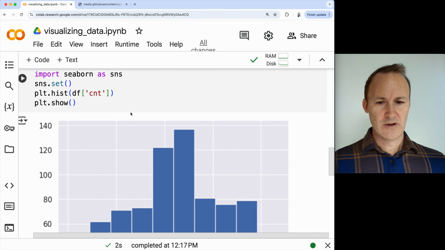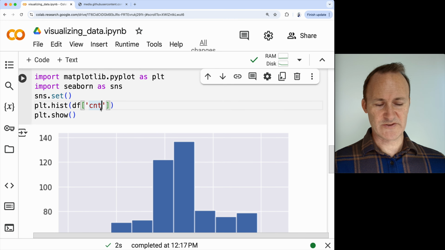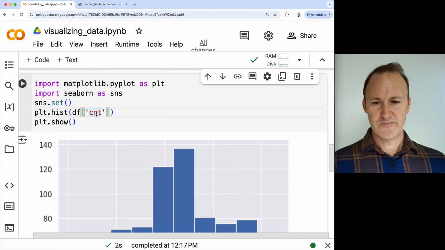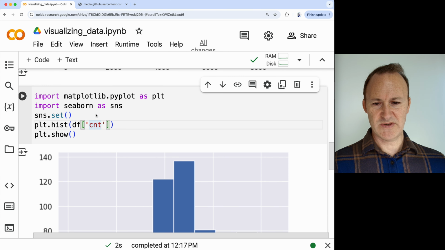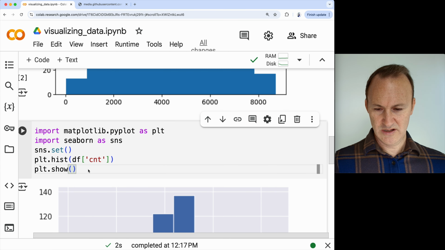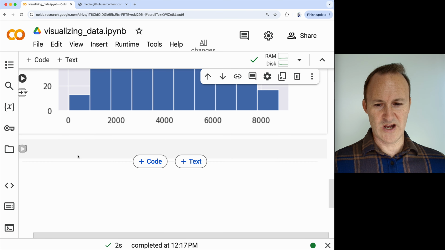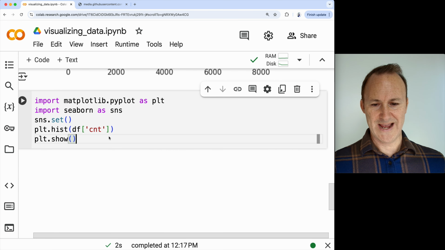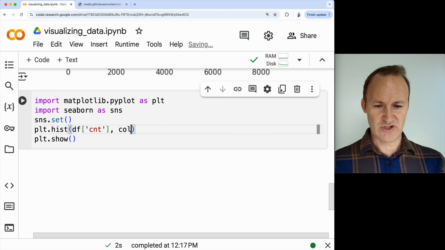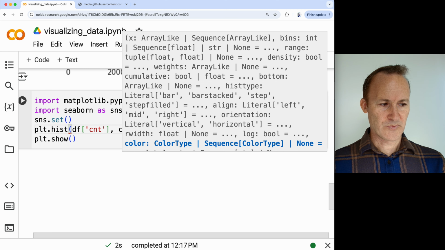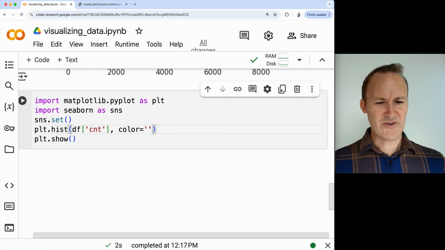I want to go ahead and take this a couple steps further for you. So let's copy this again and look at just a few different options that you can add to make your histograms professional. You can change the color. This is bikes. So if you're riding a bike, you might be on roads that are black, but then you